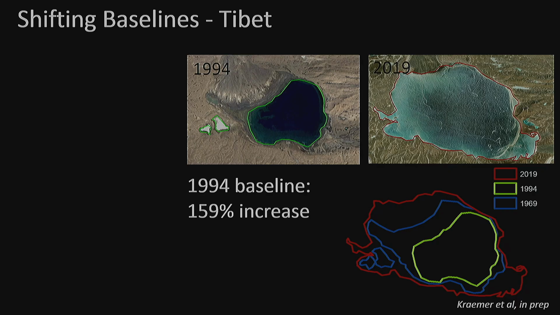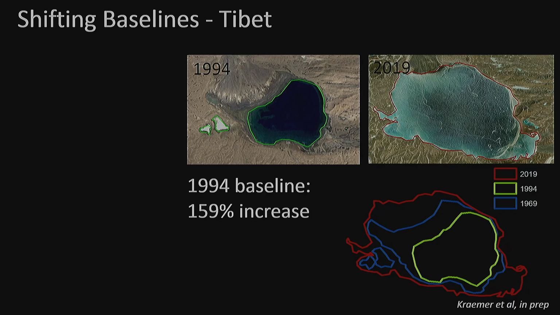Another example of how changing the baseline against which we measure might affect our interpretation of changes is work from the Tibetan Plateau, where there are a lot of small freshwater lakes, which have increased in their surface area dramatically due to climate change. There's not much human influence there otherwise, so we can be pretty sure that whatever we monitor there in the Tibetan Plateau is related to climate change. So when we look at this particular lake, since 1994, we see